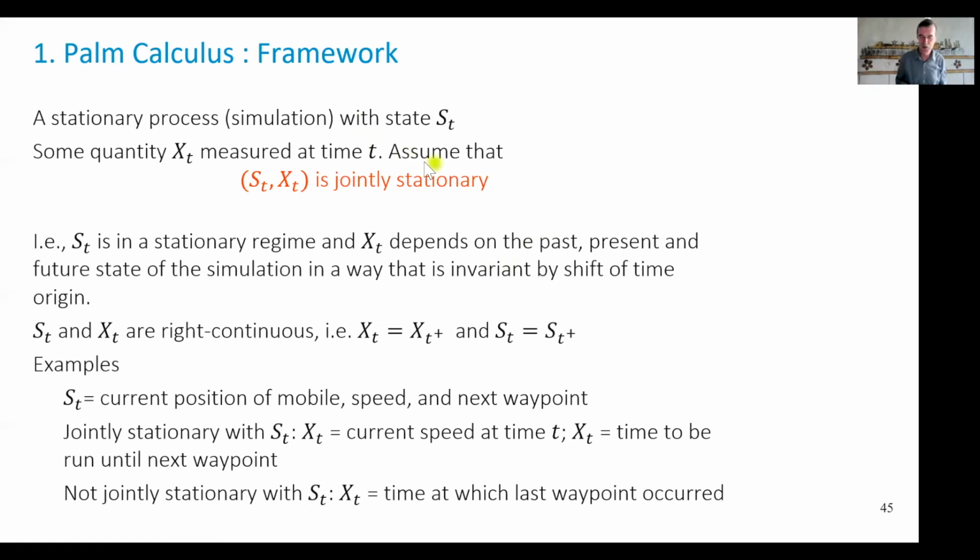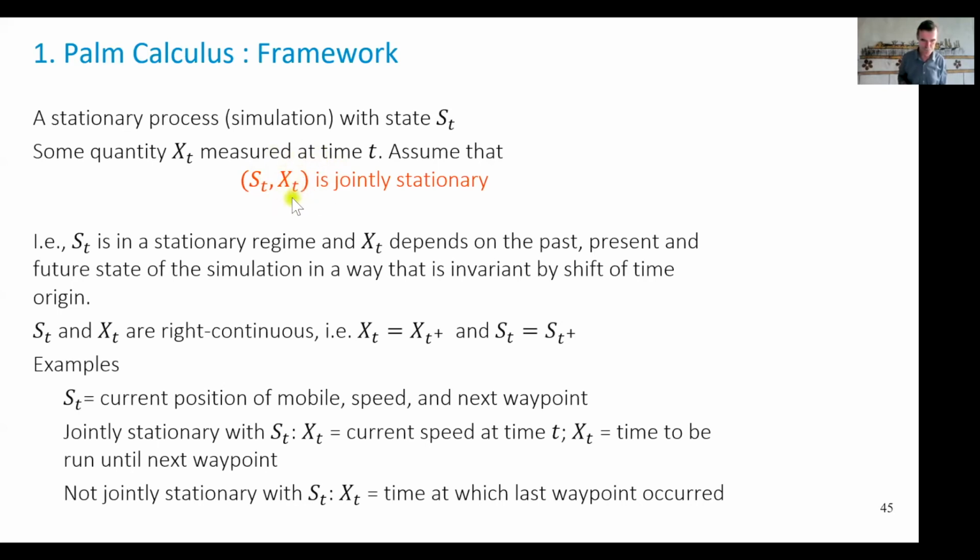The simplest way to think about it is to assume we do a simulation, like you know how to do now. You've done quite a few in the labs, which means I have a machine that, out of a sequence of calls to the random number generator, produces some state at time t. There's the concept of time t. And assume at a time t, I can sample some quantity. That quantity can be anything, and I will be interested in finding different viewpoints for this quantity that I'm observing. There can be several quantities. Here I'm focusing on one, and this quantity is not necessarily a single real number. It can be any